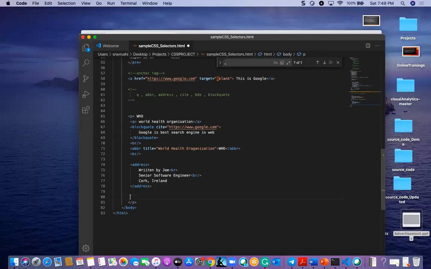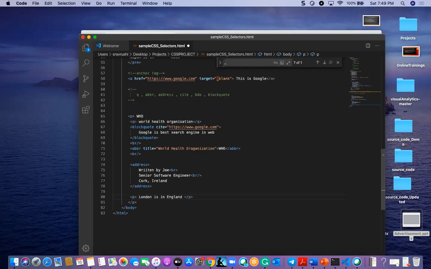For this cite tag, we are going to have here some paragraph, and I'm going to give some painting or something like, or I will give some statement. Okay. So London is in England. Okay. So it's a cite.